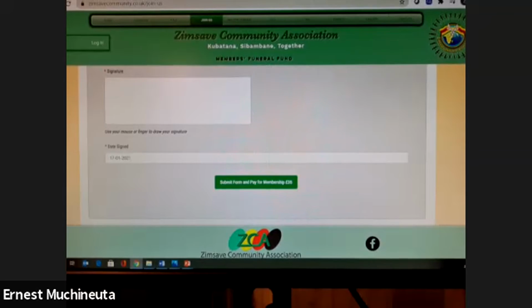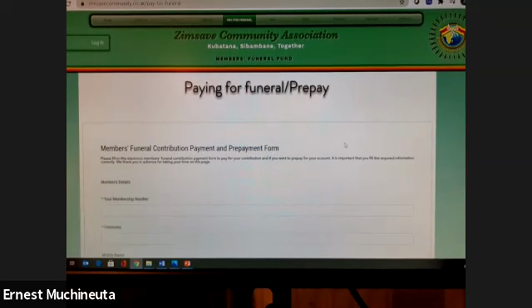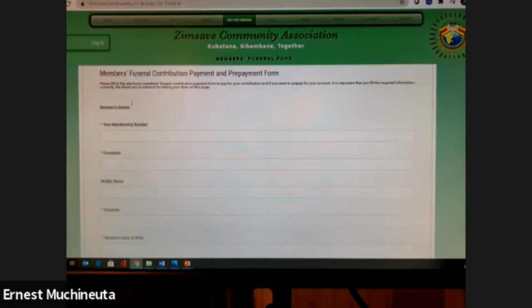Then after we have done that, there is this pay for funeral tab. If you are not paying directly into our Barclays account, which is the association account, you can use this form. In particular, we would want you to use this rather than paying directly to our account, because this one has got so much documentation that we can keep for your file, rather than just transferring it into the account. Of course, there may be a reference number or a reference name on your transaction, but going through the business